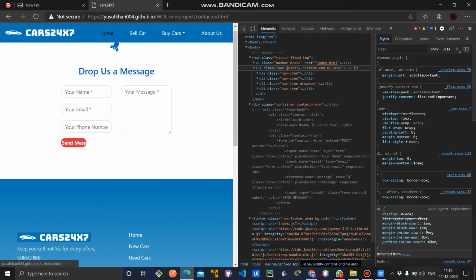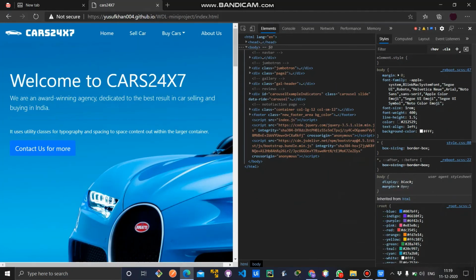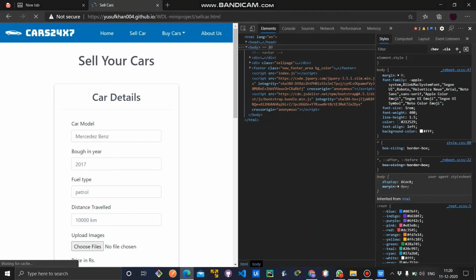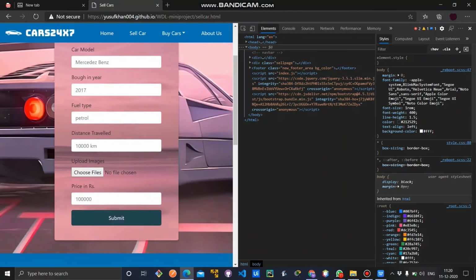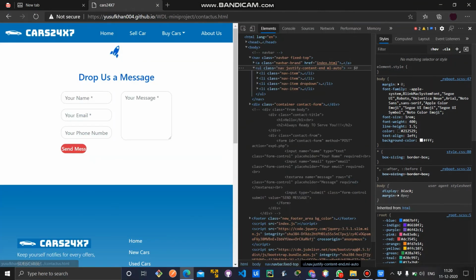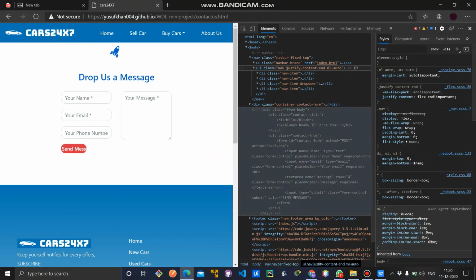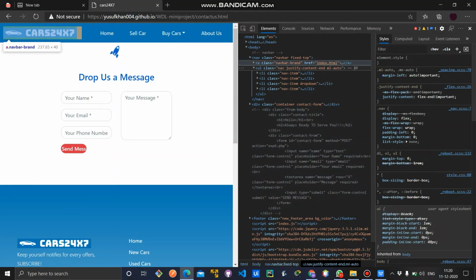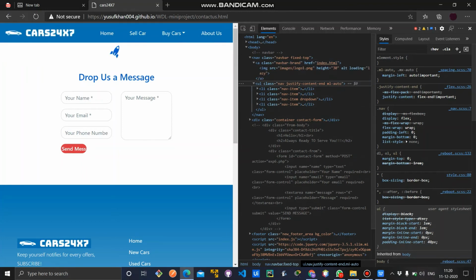If I click on home, it will take me to the home page. See, this is the home page. And if I click on sell cars, it will take me to the sell cars page. So this is what the navbar does.